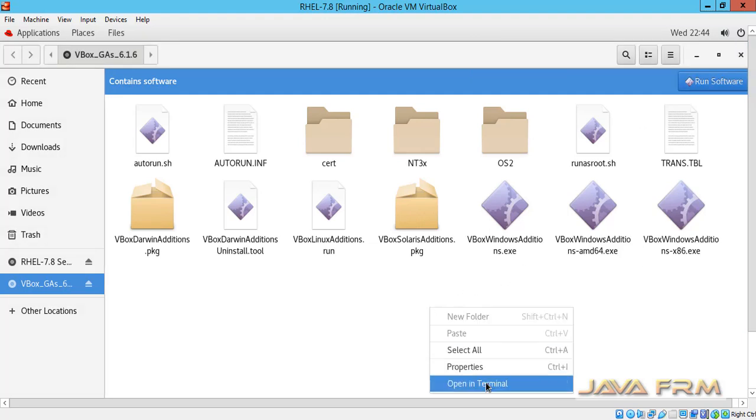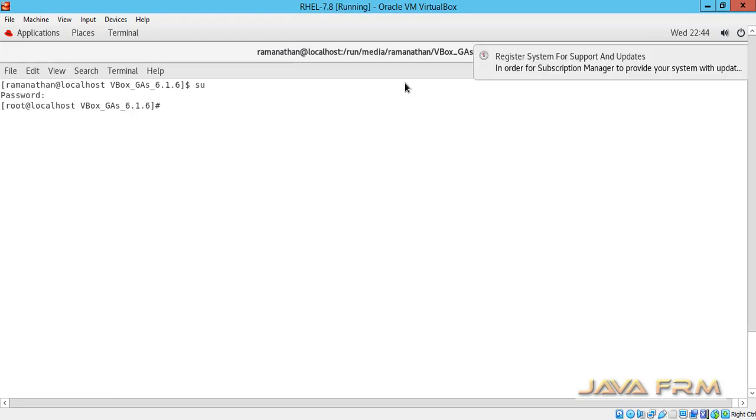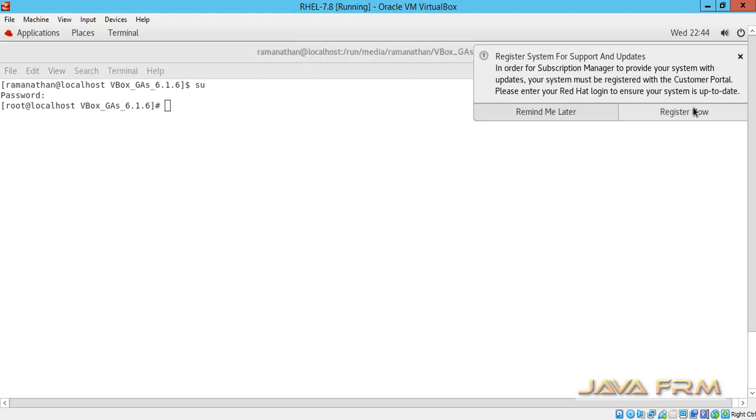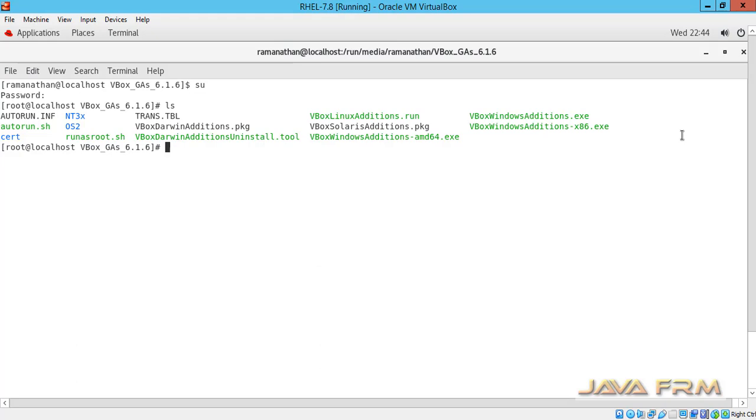So right click, open terminal. Log in as the root user. I'm going to execute this command, the VBox Linux additions .run.